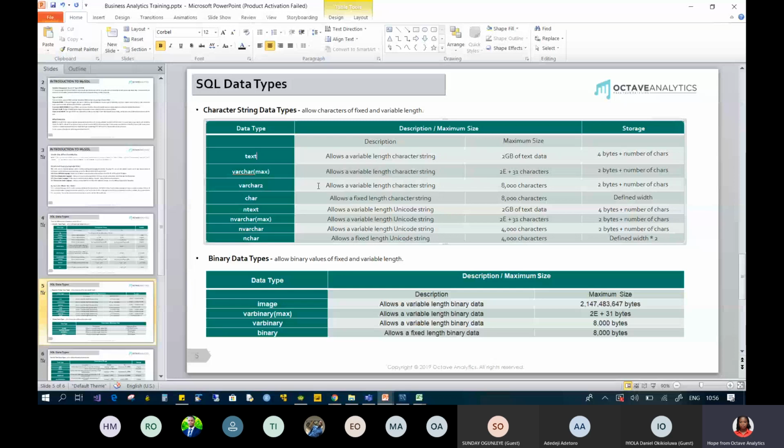So NVARCHAR and NTEXT are like the variables which allow fixed Unicode strings, and they allow variable length Unicode strings, and also